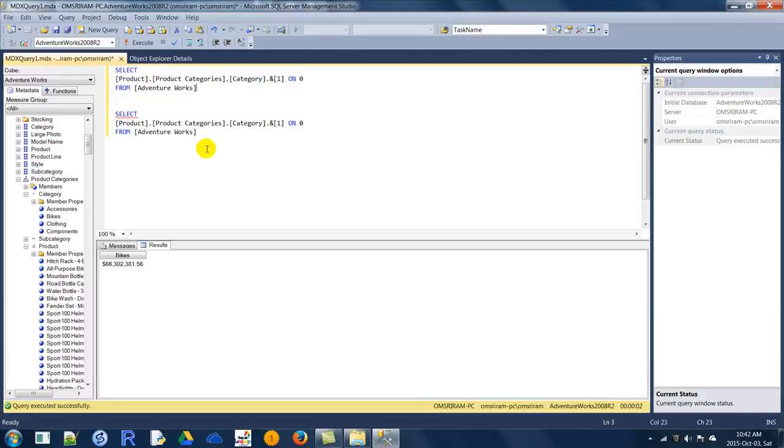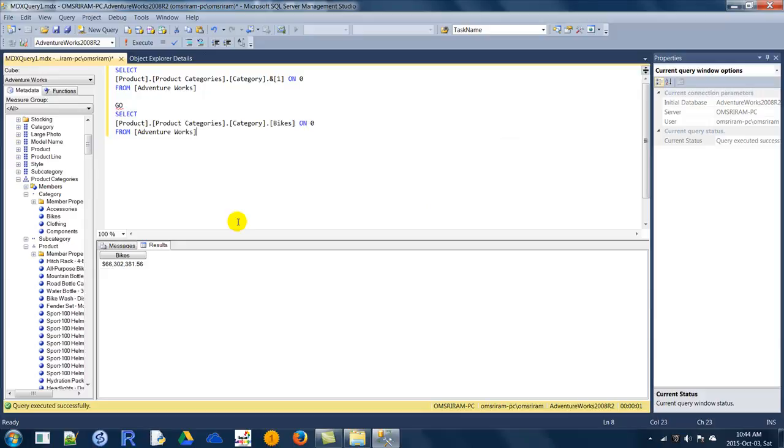So as I said, the ampersand before the number or key is mandatory to retrieve the value of the member. Even so, you can use the name of that member to retrieve the same value. So here one is the bikes, right? You can drag and drop it. When you drag and drop it, it always considers the key. So remove the ampersand when you give the direct name, because it is always unique. It directly retrieves the value of the bikes. Okay.